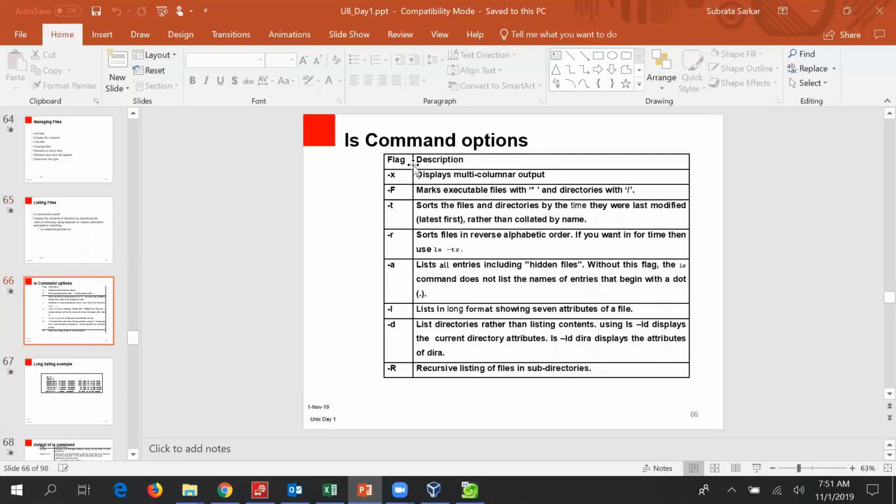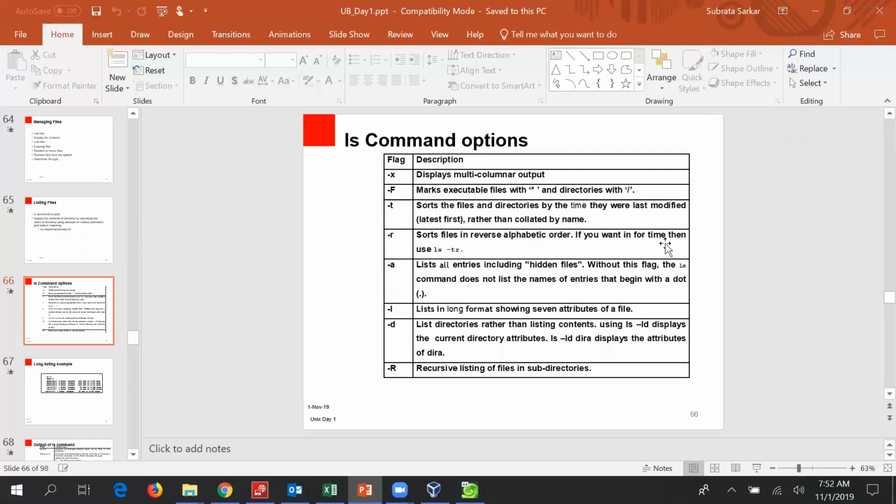ls command options: -x displays multi-columnar output, -F marks the executable file with a star and directories with a slash, -t sorts the files and directories by the time they were last modified, latest first rather than collated by name, -r sorts in reverse alphabetic order.